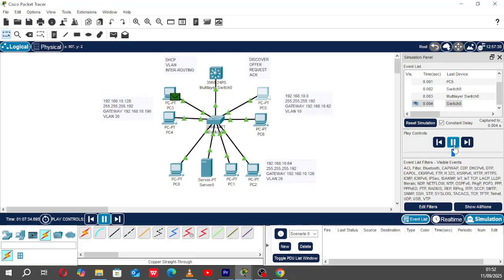If the information is coming from one subnet to another subnet, this information first must get to the multi-layer switch in order to do the inter-VLAN routing. Then the multi-layer switch is going to send to the layer 2 switch, and then the layer 2 switch is going to deliver the message to the